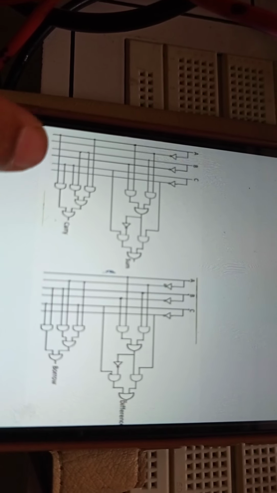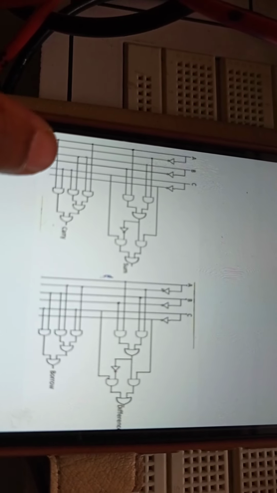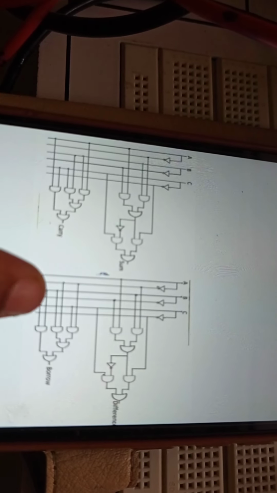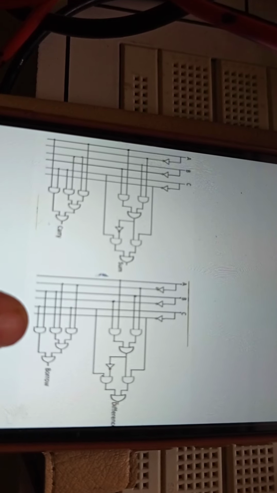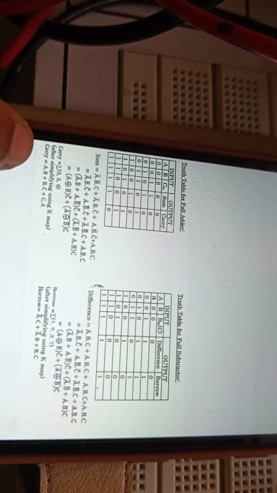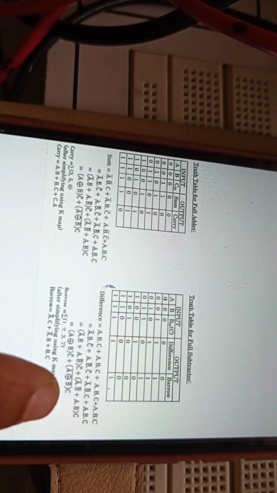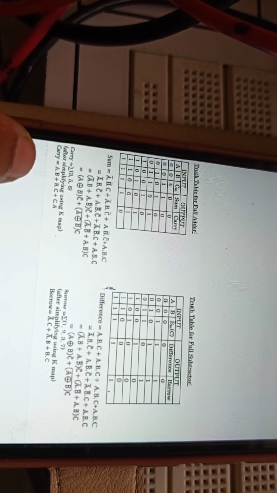Then for carry, the expressions will change only wherever you are connecting A for the full adder, it should be connected from A bar for borrow. I am showing the expressions. See, for sum: A exclusive or B into C bar plus A exclusive or B whole bar into C. Same for difference. And when you come to carry, AB plus BC plus CA.